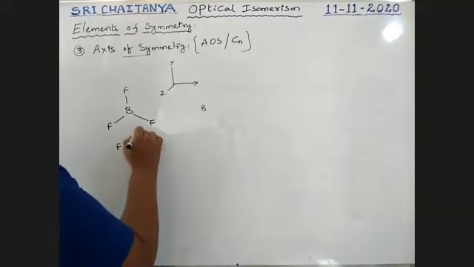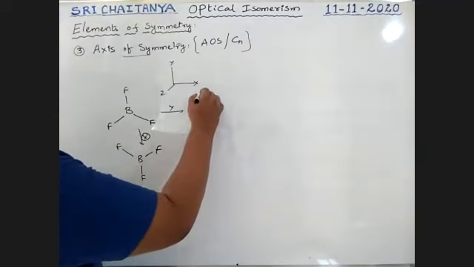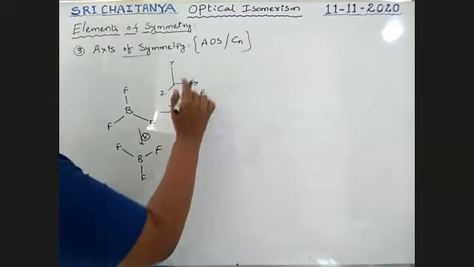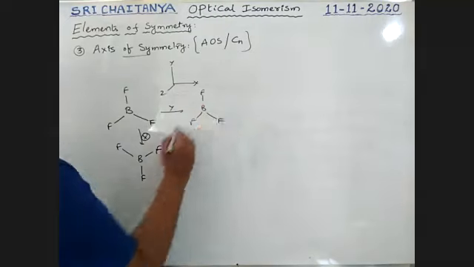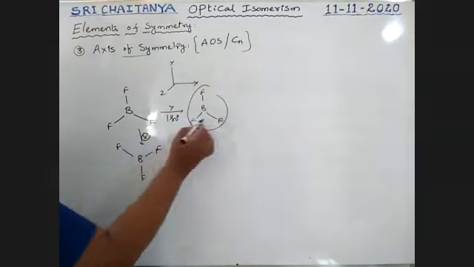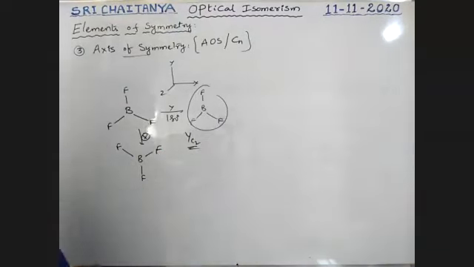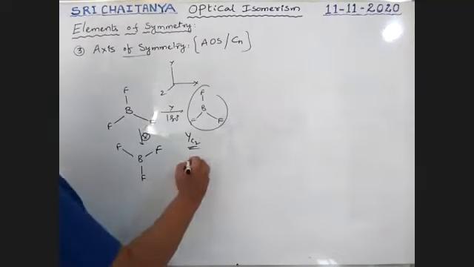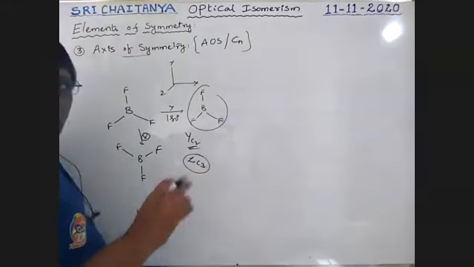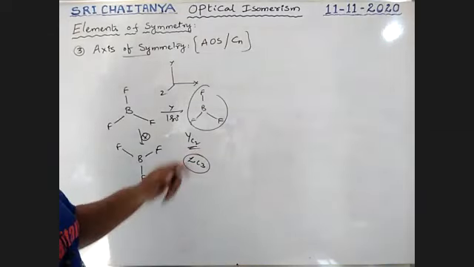B is along the x-axis, it is along the y-axis, boys. F. That means along the y-axis, after 180 degrees rotation, both are identical, boys. Therefore, along the y-axis, a C2 axis is there. Okay, so along the z-axis, a C3 axis is there, with 120 degrees rotation. So C3 axis along the z-axis, C2 axis along the y-axis.